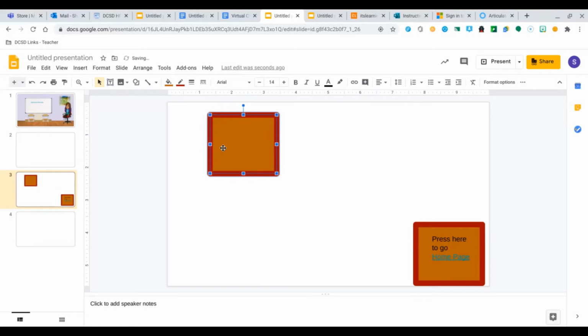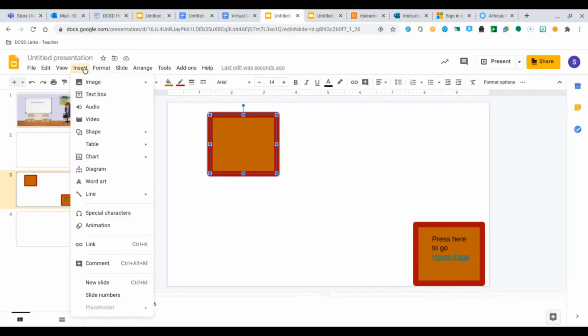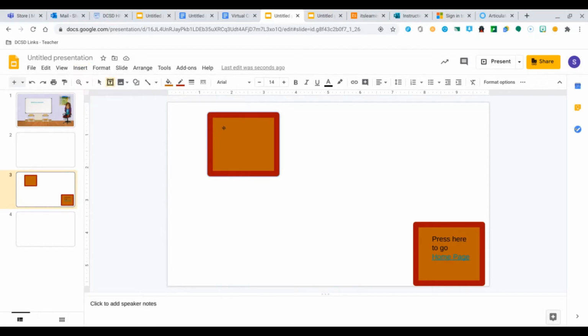So let's say I want this button to take me to a Brain Pop video. I can insert a text box and type a message to my students. Let's say I make this box a little bigger, and this text box a little bigger. And I'm going to say,